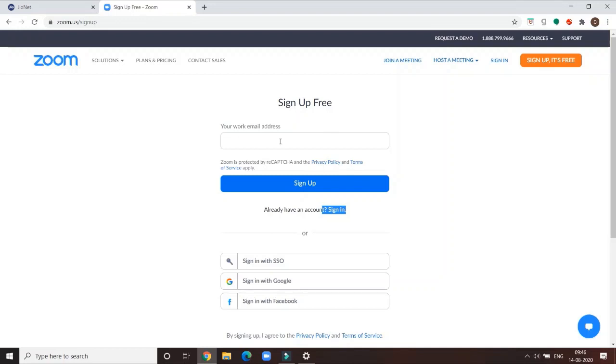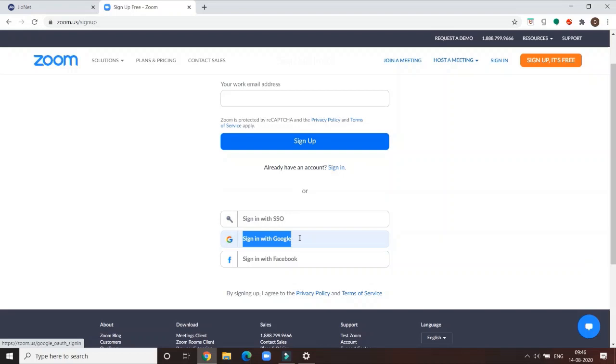One way is to enter your email ID here and click on sign up, or you can also log into Google, so you can enter a Gmail account, or you can also log into Facebook. Any of these means, whichever you want, enter them and then say sign up. Since I already have an account, I will not click on this. I will show you how it goes to the home page. If you are signing up for the first time, follow the instructions, enter all the details that are asked and it will create your Zoom account.